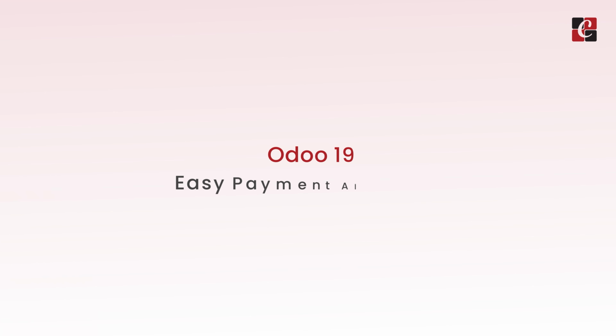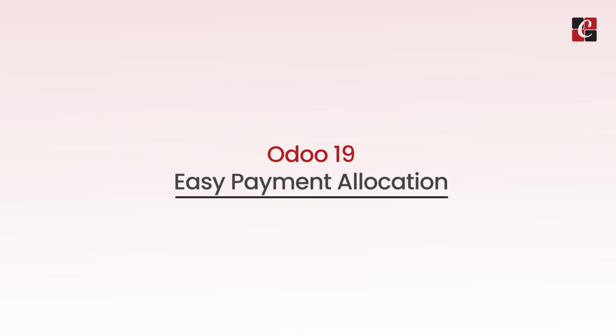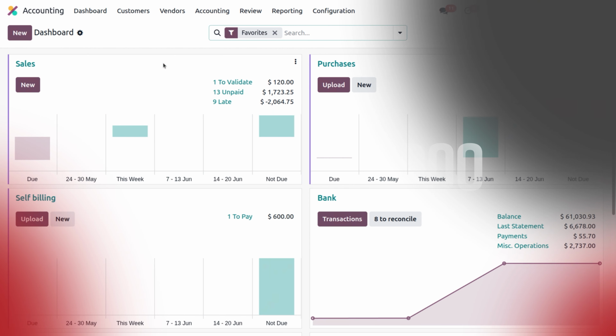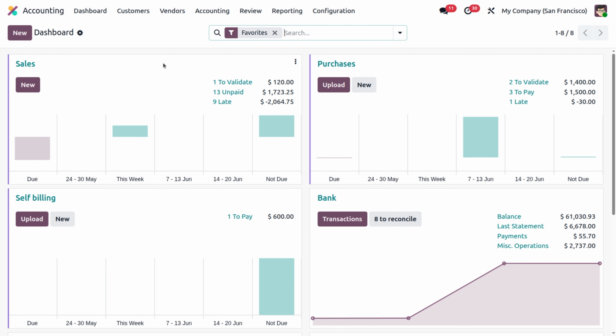Hello everyone, welcome back. In today's video, we are going to look at a smart accounting trick in Odoo 19 called easy payment allocation. Have you ever received a single payment from a customer that needs to be allocated against multiple invoices? Which means instead of recording a separate payment for each invoice, have you ever created one payment? Don't worry, here in Odoo 19, it actually allows you to reconcile one payment against multiple invoices quickly and